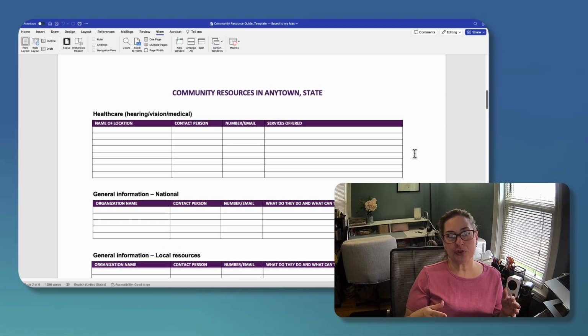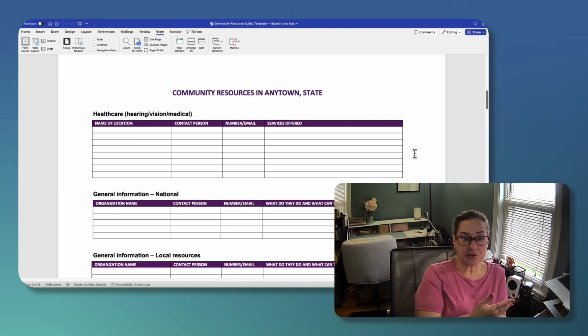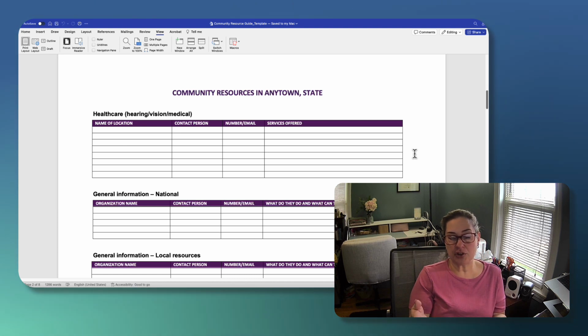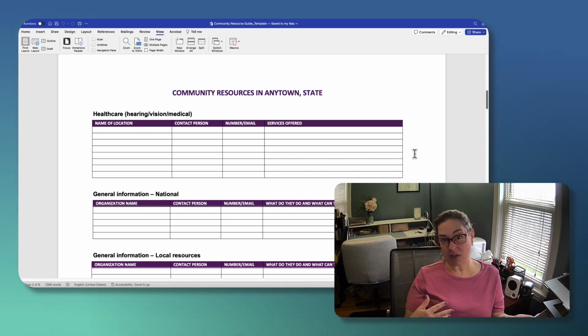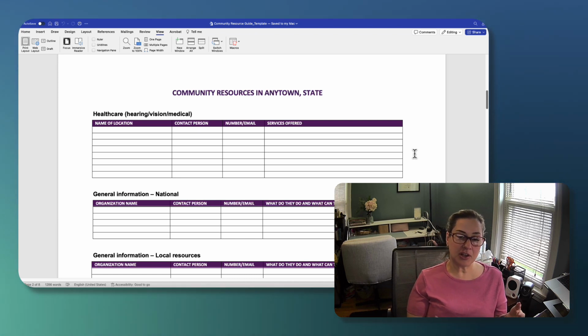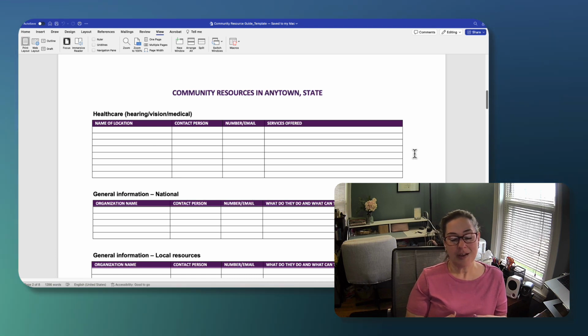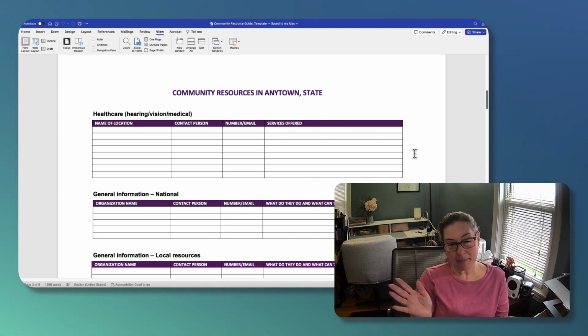That's the goal. But the goal in terms of this class or this module, and this is actually part 2 or unit 2 of this week, is that one of your peers or your colleagues should be able to take a look at your resource guide and get a pretty good sense of what resources are available in that area and where the barriers lie by making certain inferences. So it needs to be detailed enough that you can get a sense. I would say you want more than 2 things, but anyway.